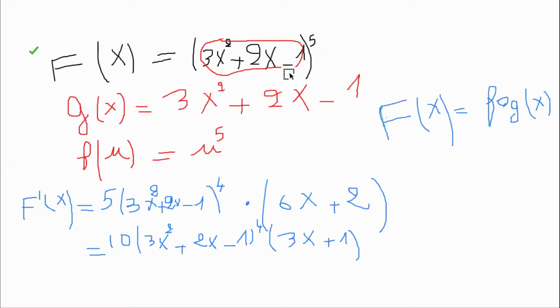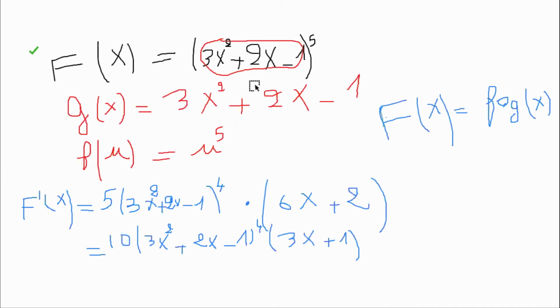When we look at the parentheses, what do you have? We have a picture to the 5, or an item to the 5. My function f of x is equal to something to the 5. Is it okay, guys? Then the outsider function is something to the 5. That's why my outsider function is u to the 5.